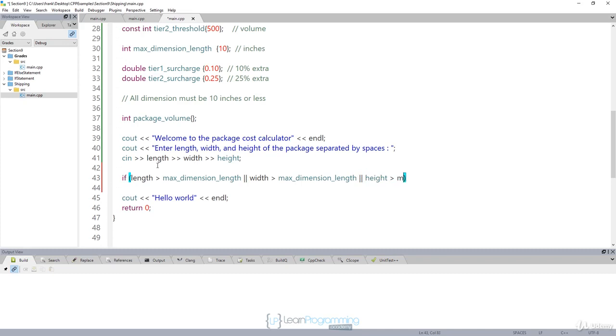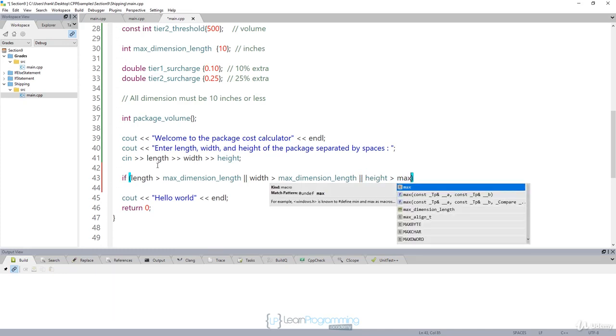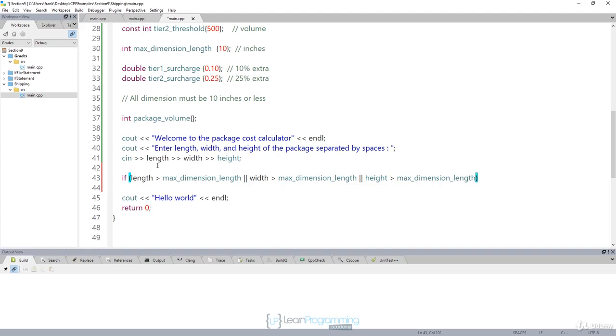If any one of those is greater than the maximum allowed dimension for any one side, we really have nothing to do. We're done. So in this case, what we want to do here is we want to say cout,